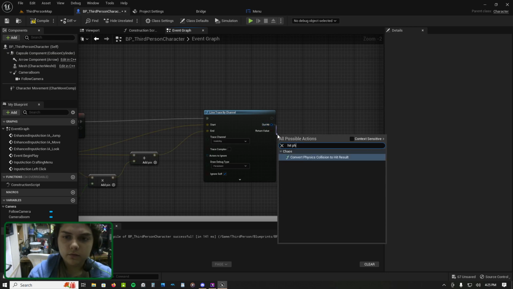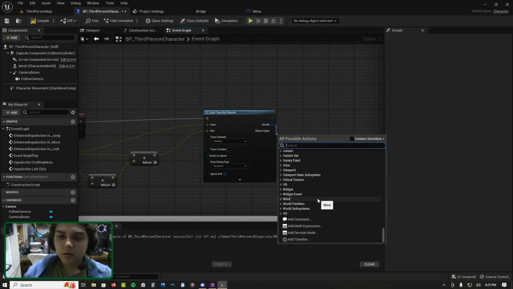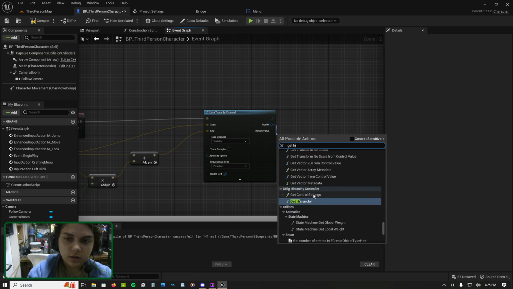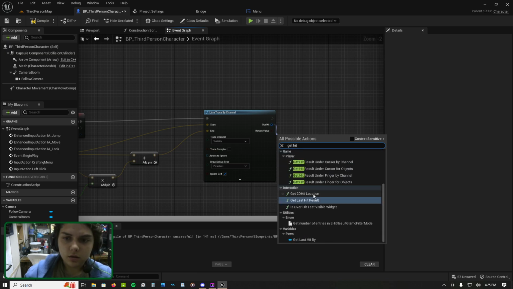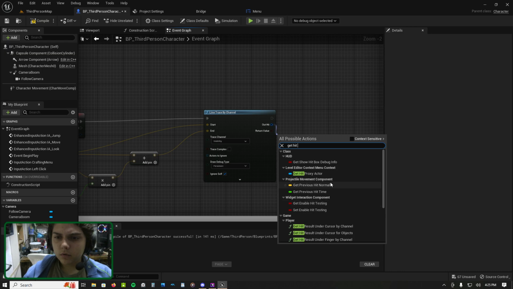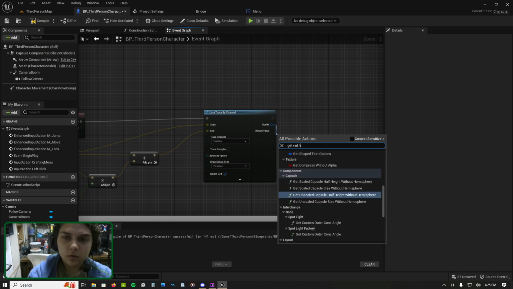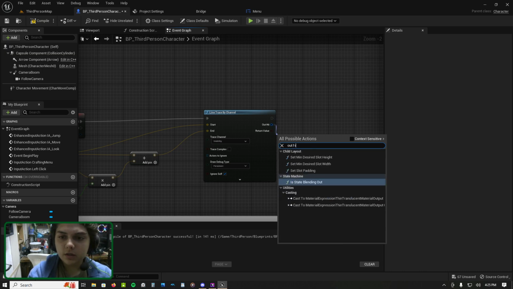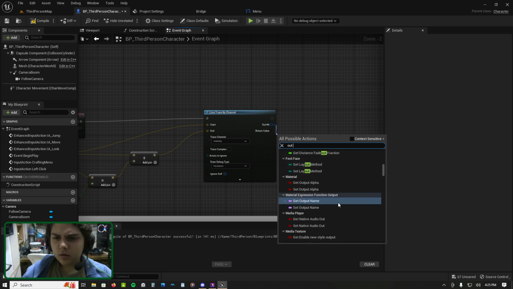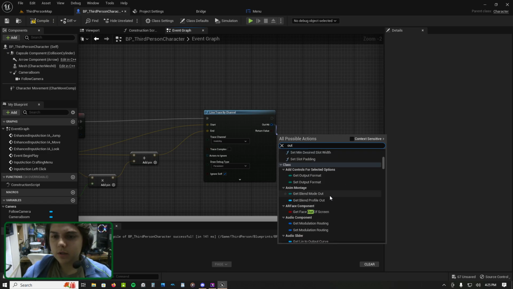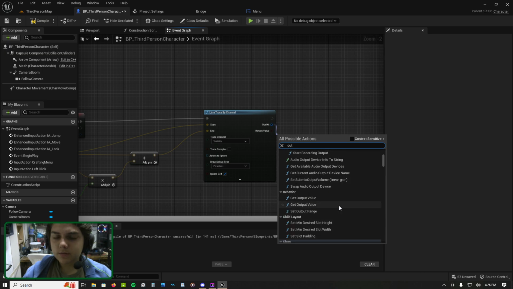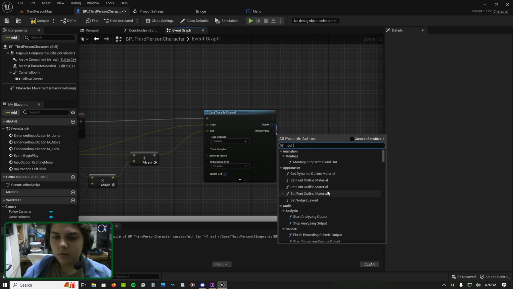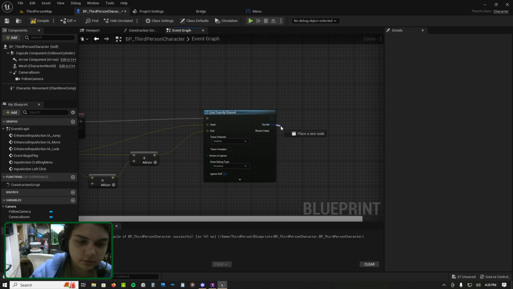Hit material, something like that. I can't remember exactly, but get hit out hit material. So there should be something here about the specific material that we got. I can't remember exactly what it's called though. Get